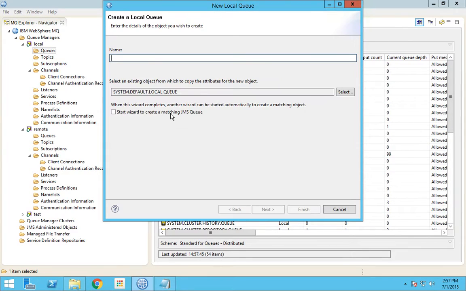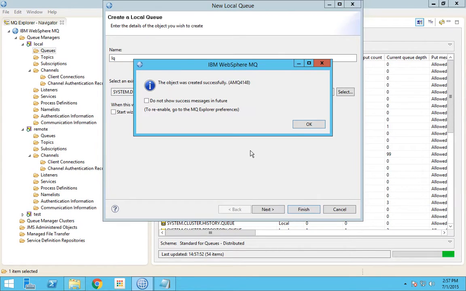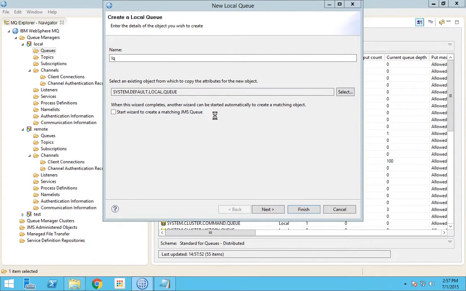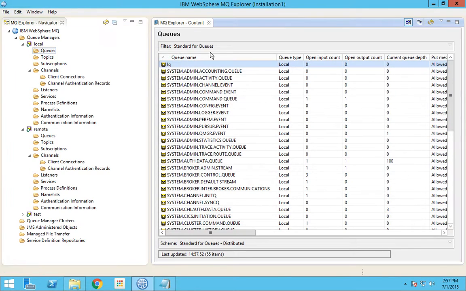and call it LQ. Next. And you can see LQ is created and the queue depth is 0. Now we can come to the remote queue manager